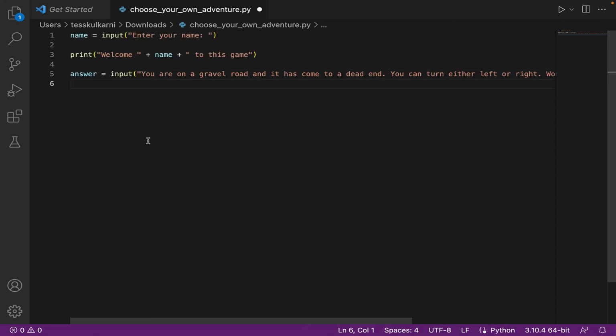Now, based on whether the user chooses left or right, we want to give them the next question or the next choice to make. So if the user chooses left, then we would want to give them a certain question. And if the user chooses right, then we would want to give them a different specific piece of information. You can choose what happens when the user goes left or right, and you can be as creative as you'd like. So I'm going to say, if answer is equal to left,